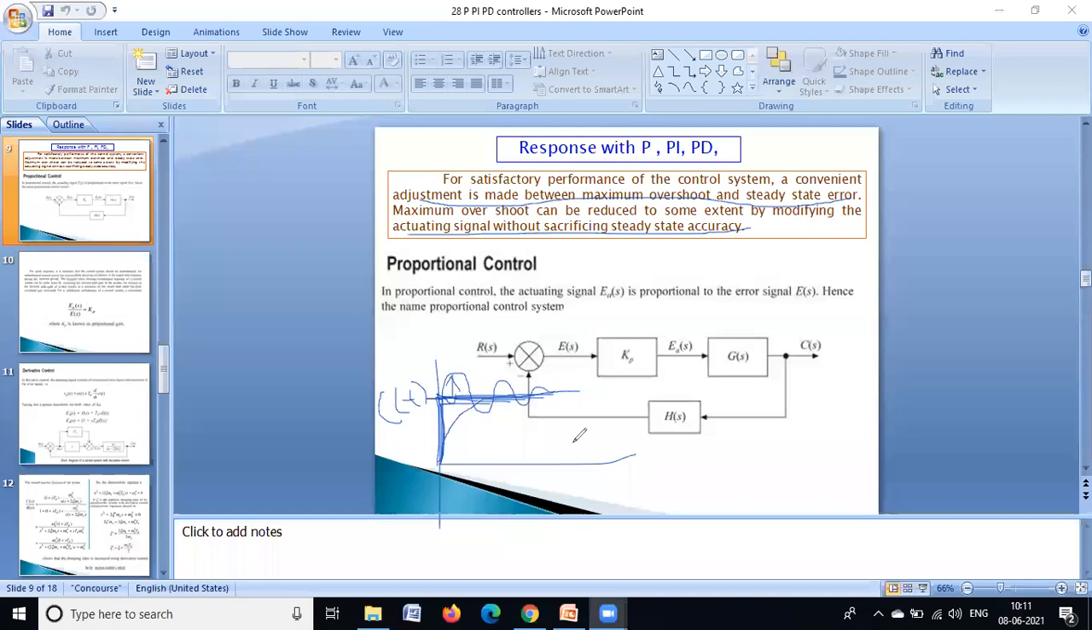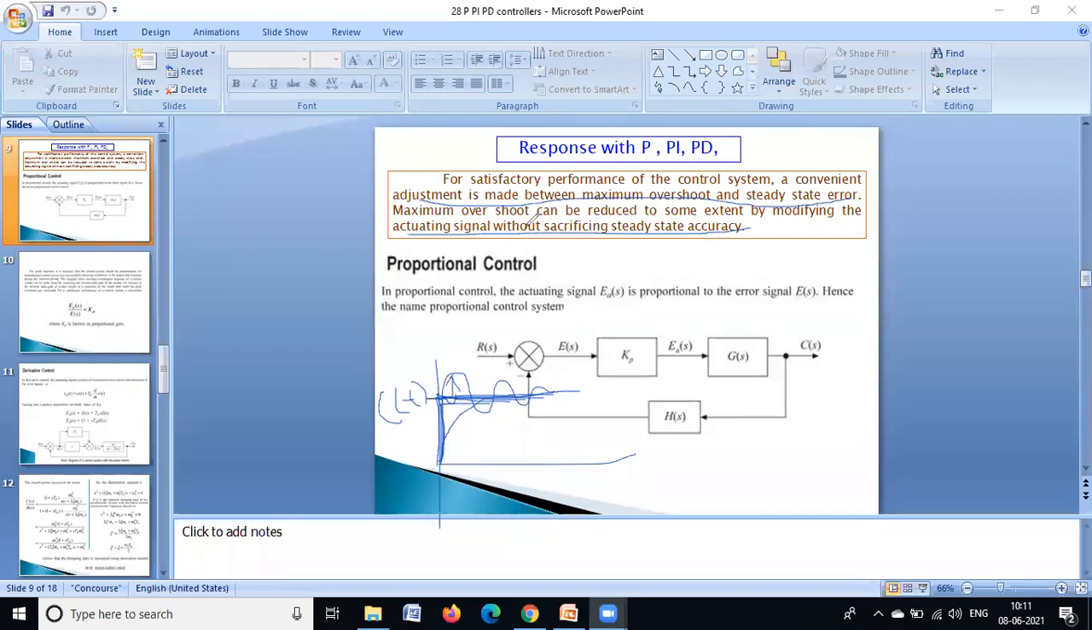Okay, now, so just by adjusting, are you able to hear? So just by adjusting the actuating signal, we can get,